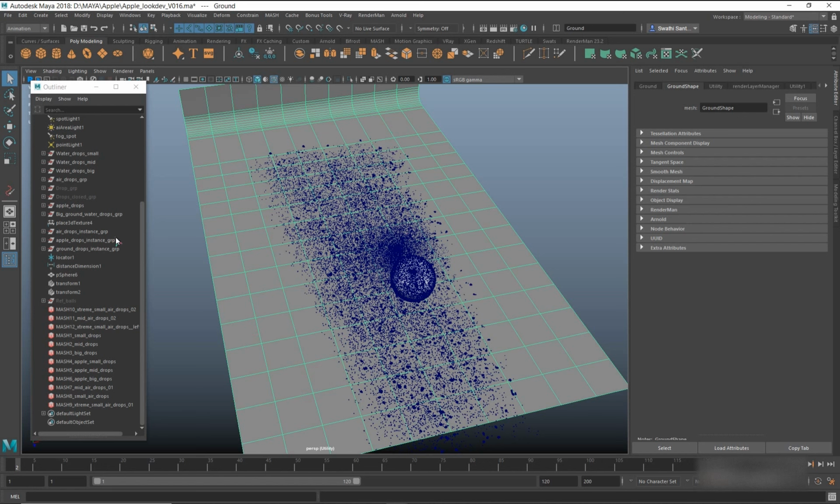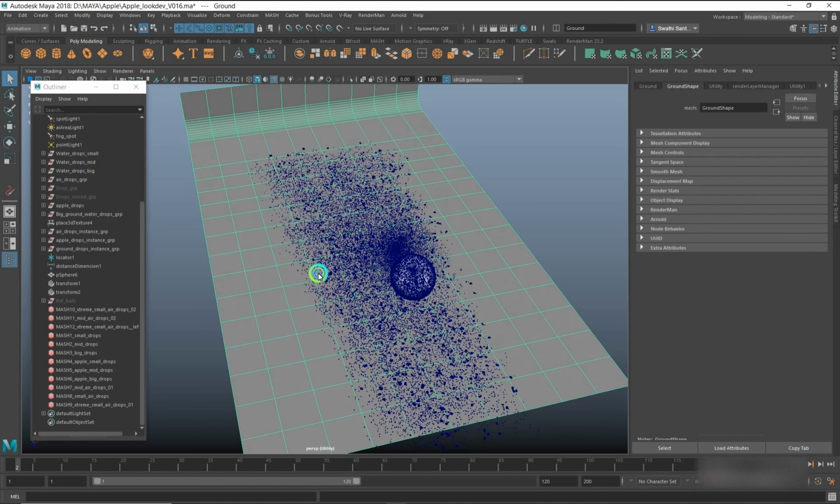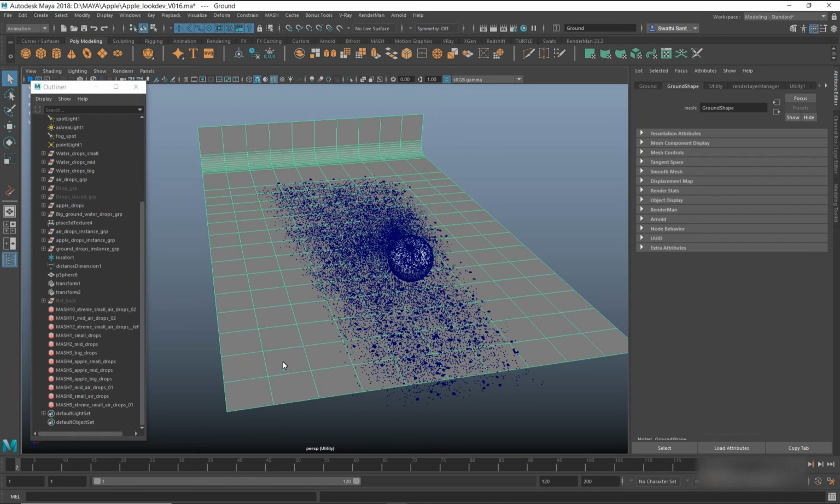So I duplicated this mesh and only used this much of the ground and deleted all the other faces from it and used that mesh for the mesh instancing.